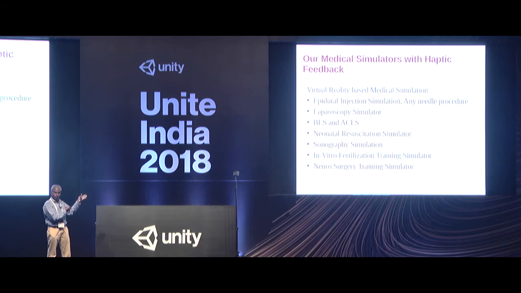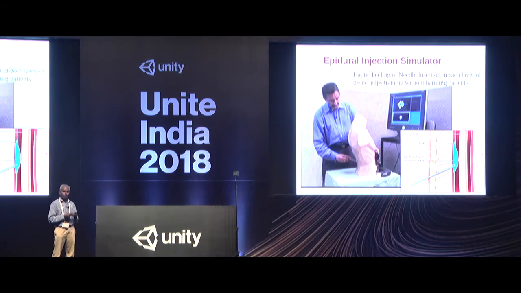We have developed a couple of systems; some of them are getting ready, and some of them are finalized and taken to the market. One good example is this epidural injection simulator. It is a very dangerous procedure given to women in labor to reduce the pain. The needle goes to the spinal cord from the back, and it has to go through 7 or 8 layers to reach the space called the dura. Only in the dura can you inject the analgesia,